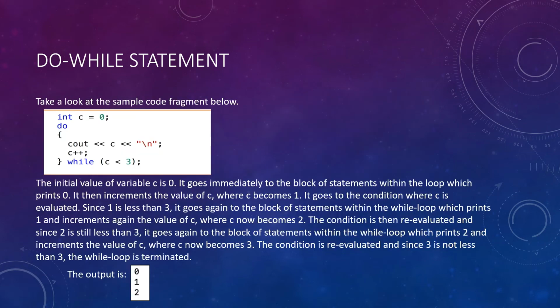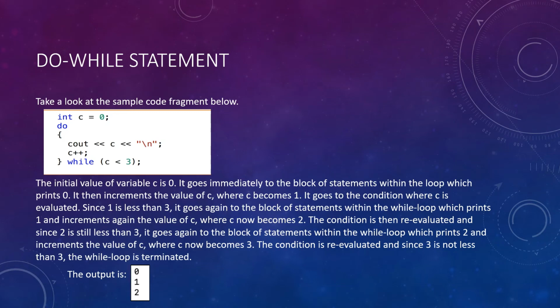Take a look at the sample code fragment below. The initial value of variable C is 0. It goes immediately to the block of statements within the loop, which prints 0. It then increments the value of C, where C becomes 1, and it goes to the condition where C is evaluated. Since 1 is less than 3, it goes again to the block of statements within the while loop